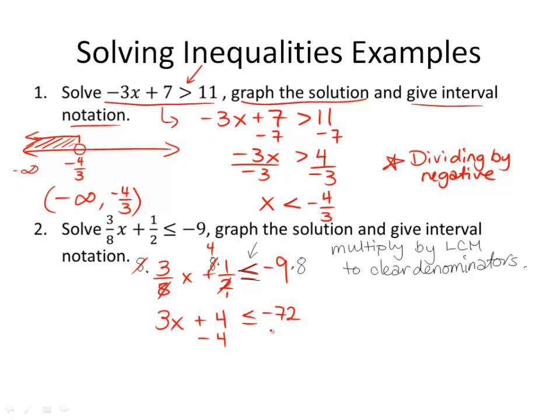So subtract 4 from both sides. 3x is less than or equal to negative 76. And we want to divide both sides by 3. And that does not go in equally. So therefore you can leave it as a simplified fraction. So x, and notice I didn't switch the inequality sign because we didn't divide by a negative, only if it's by a negative. So less than or equal to negative, and let's simplify